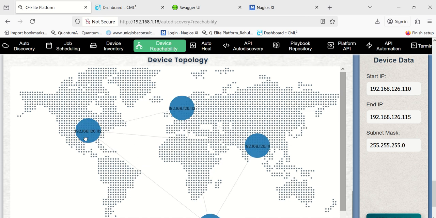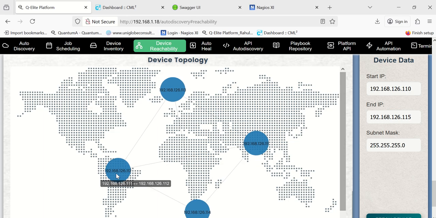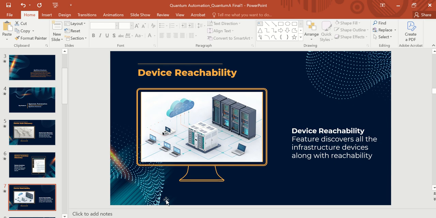So yes, it has discovered the 4 devices, and it is showing that one device is reachable to all, so it has shown the connectivity as well. This is also one of the features which will help to find out whether the device is reachable from one of the devices, yes or no. So let's go to the next feature of the QLite platform,